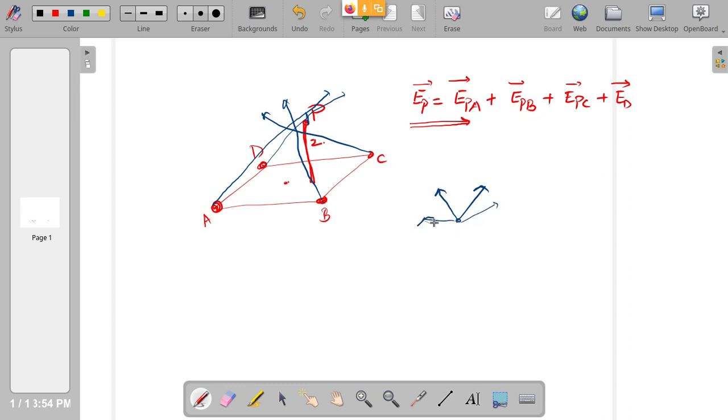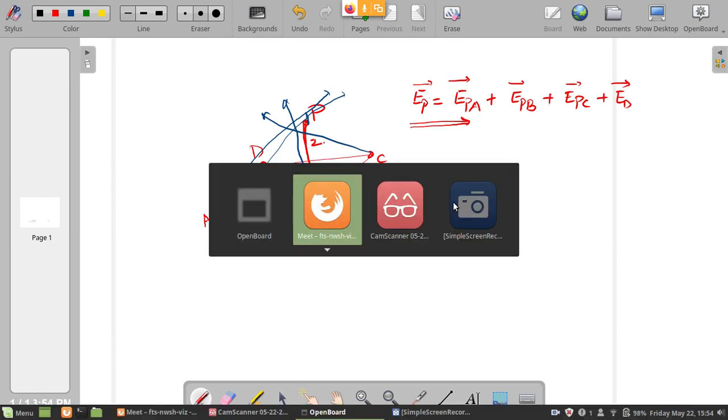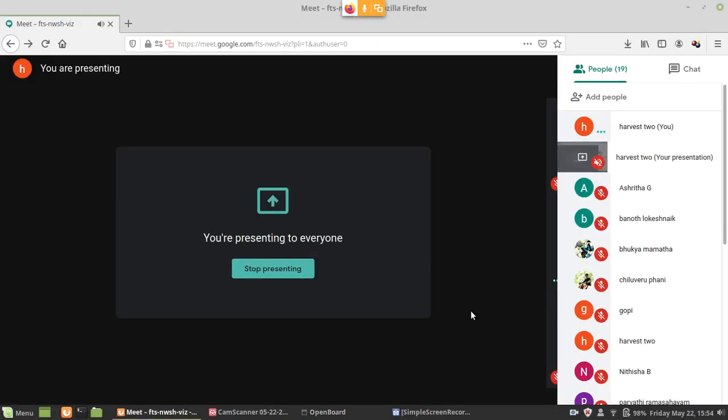Now what is the resultant? How will you calculate? Good, try tell me. Lokesh, very good. So it is 4 EP. Who is answering? Who answered? Shashank only? Tanay, very good. So it is 4 EP cos theta. So all you have to do is just calculate EP and multiply that by 4. Of course cos theta you have to take, right? Very good. So now you do it and tell me.